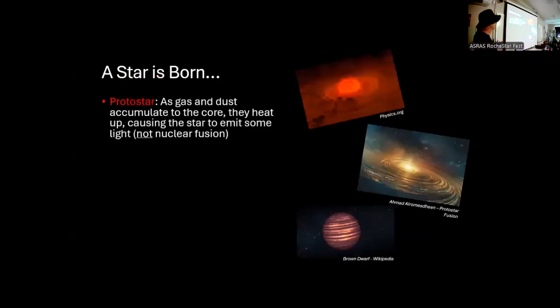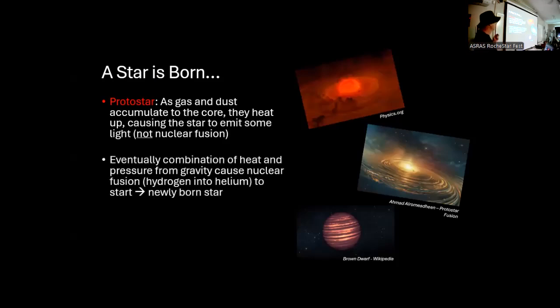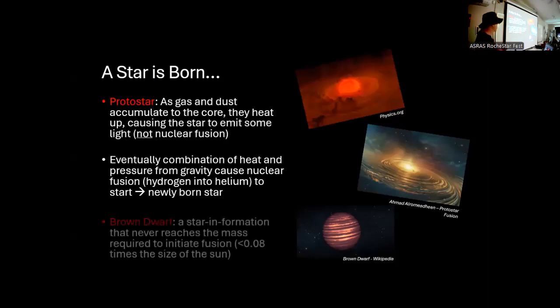So as I said, the protostar is an accumulation of gas and dust to the core. They heat up, causing the star to emit some light, but not nuclear fusion. Eventually, the combination of heat and pressure from gravity causes nuclear fusion to begin, hydrogen into helium initially, and a star is born. If the star isn't the correct size to have enough mass to cause nuclear fusion to begin, it becomes a brown dwarf,